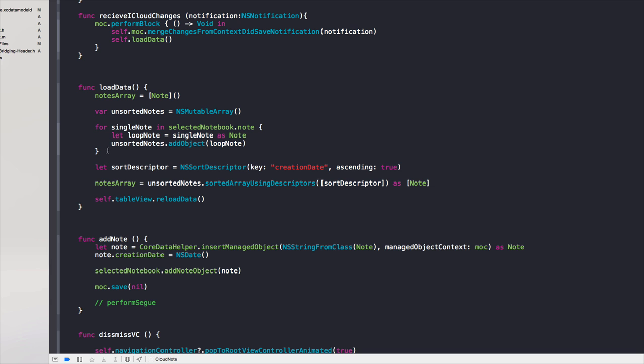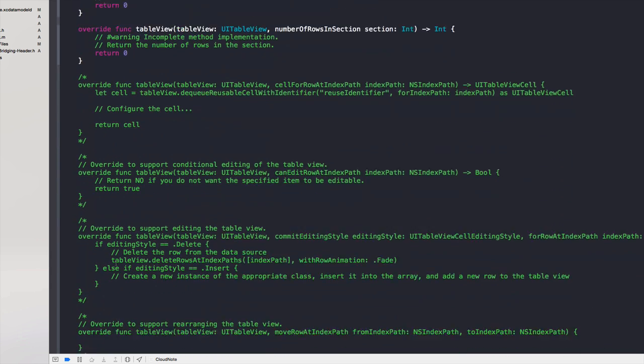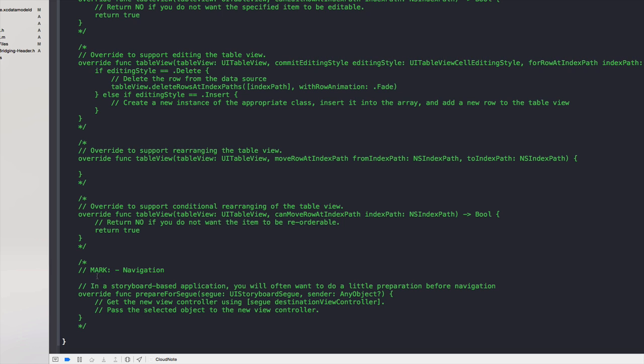And as I've told you, we have to think about what happens when we add a node, and also we have to think about what happens when you tap on one of the already created nodes. So let's again go to the bottom of our view controller class and uncomment this prepare for segue with identifier. And since we don't have the